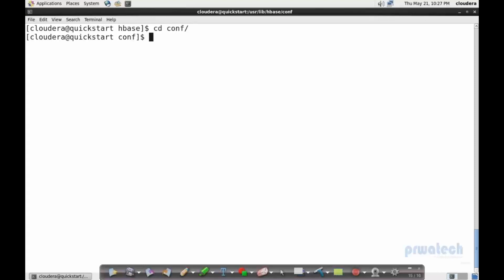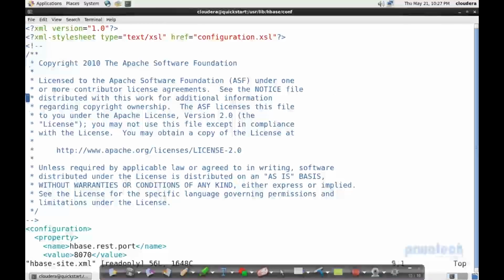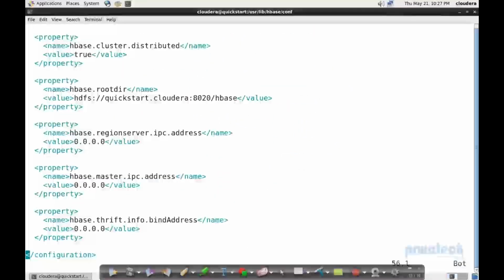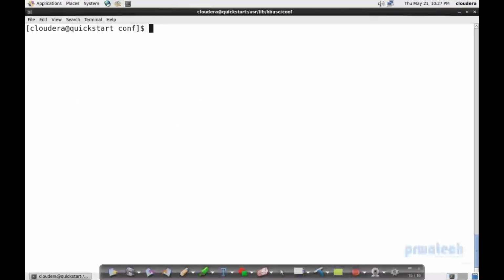I will first go to conf and do ls. There's a file named hbase-site.xml. All the configuration is in this file. Open this and see. XML properties are set: where data will be stored, where communication will happen, what the distributed cluster mode is. So all my HBase data will be stored in this place, hdfs, slash, and